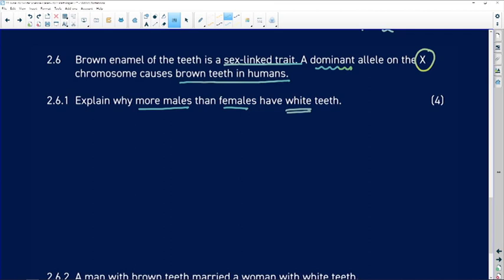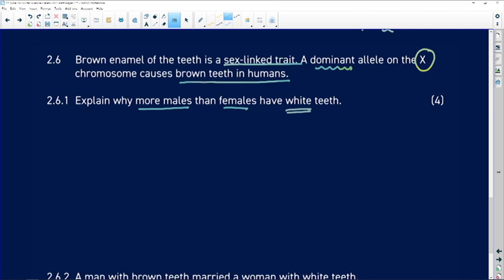Is the question a dominant allele, not a recessive allele? This is an unusual one. A dominant allele causes brown teeth. Explain why more males than females have white teeth. That should be brown teeth. Is it? Yeah.